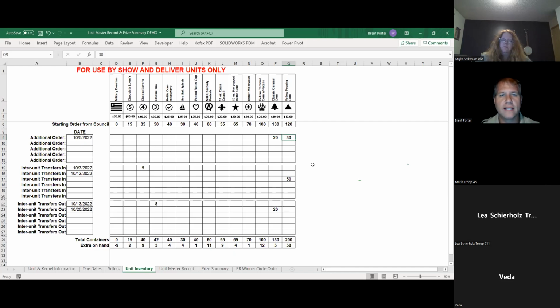So I think the clearest way I can explain it is the way I did, and that is your most recent order from the council for each individual item. So again, starting order for everything but the classic caramel. In this scenario, classic caramel and yellow popping, I can return all those. Classic caramel, I can return 20.